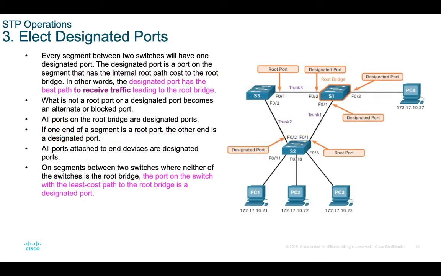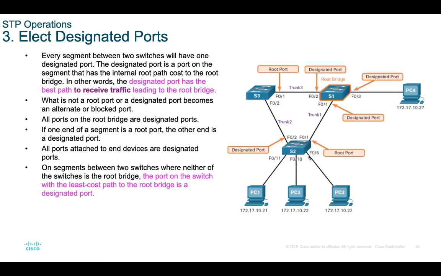Now they need to elect a designated port. As I said earlier, all ports in the root bridge are designated ports. We have the situation with just 3 switches, but what if you have another switch here? Let's say there's a switch 4 in here. A port of switch 3 that is connected to a root port on another switch becomes a designated port. So you see, in the link there is one port as a root port, and the other port becomes a designated port. It doesn't matter whether this is a root bridge or not.